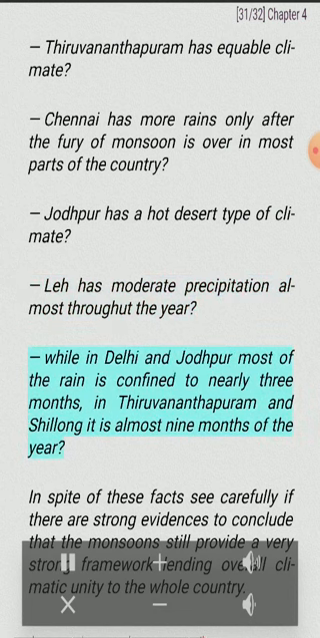While in Delhi and Jodhpur most of the rain is confined to nearly 3 months, in Tiruvananthapuram and Shillong it is almost 9 months of the year. In spite of these facts, see carefully if there are strong evidences to conclude that the monsoons still provide a very strong framework lending